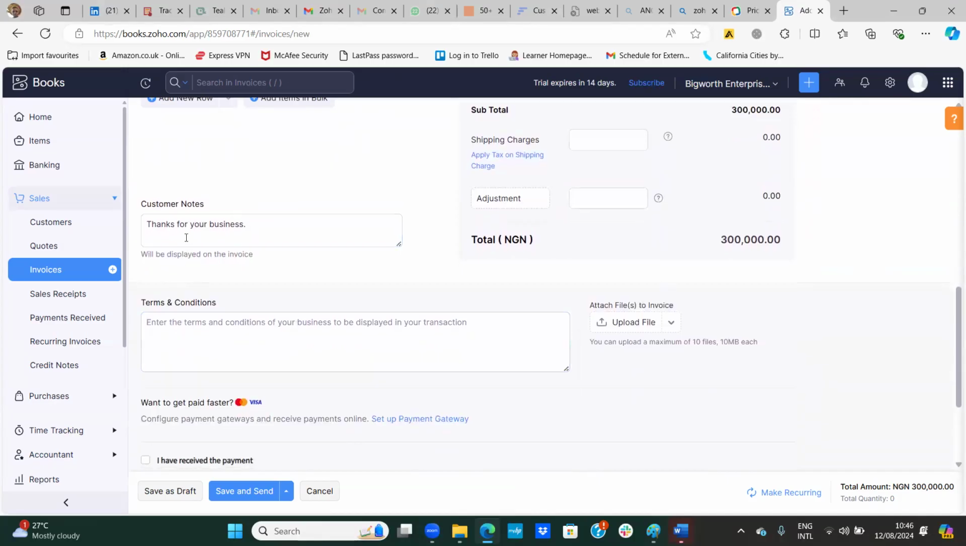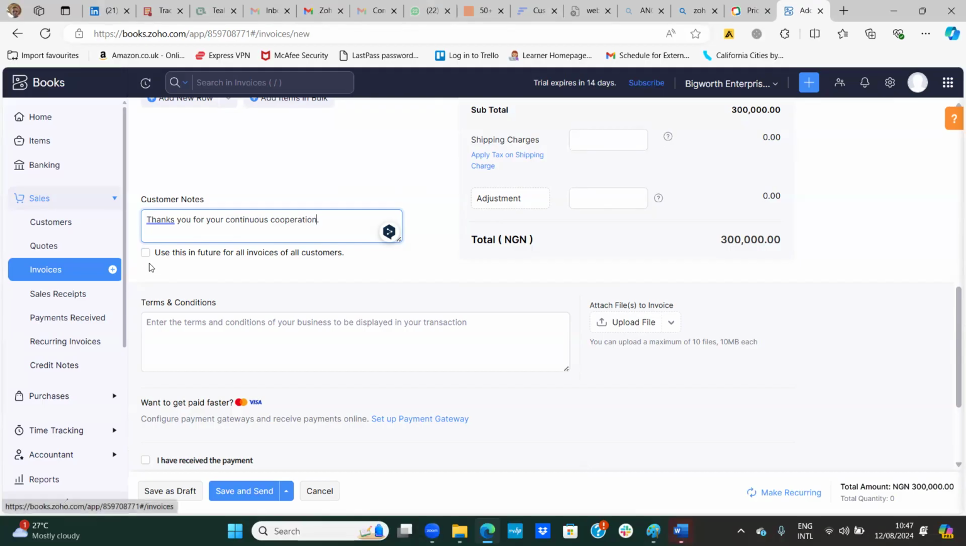Okay, so the customer note is: thank you for your continuous cooperation. If I want to use this customer note for all invoices for all customers in future, I can just tick it. Otherwise, if there are terms and conditions like,